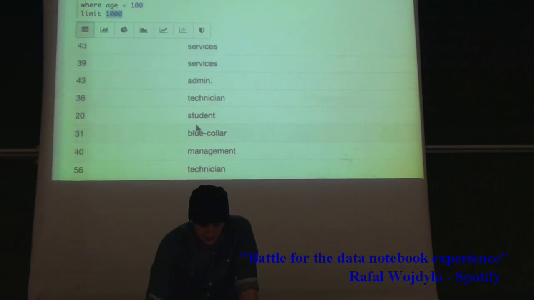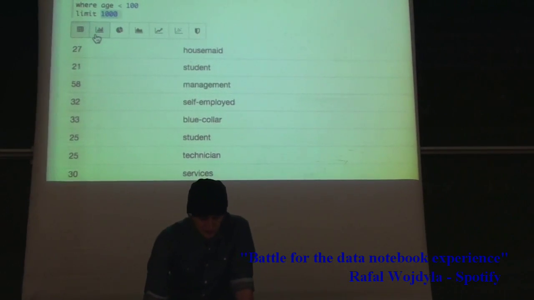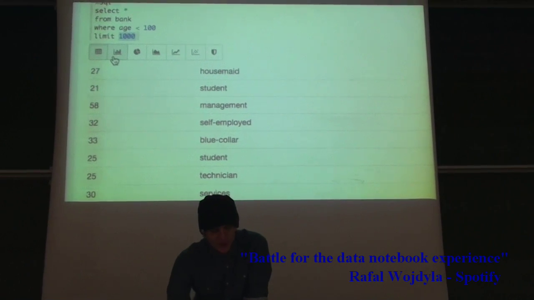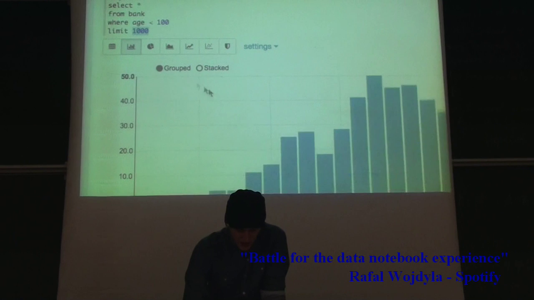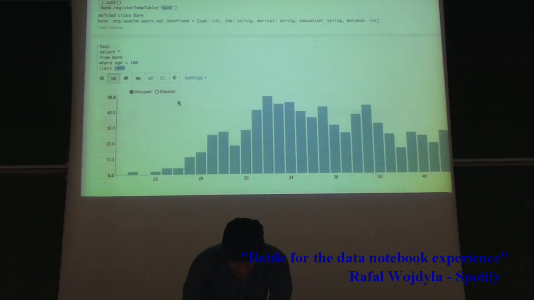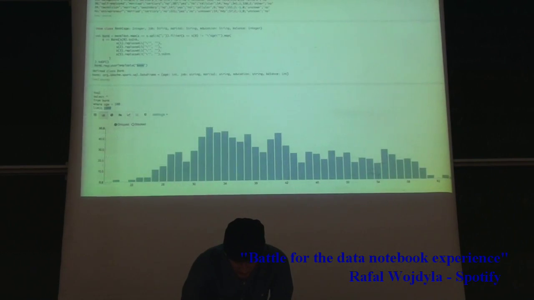But that doesn't really help me much because it's still a table and I cannot really read tables. Fortunately for me, Zeppelin comes with predefined charts. So I can, for example, use the bar chart. And I'm going to get this result over here, which gives me a chart with, in this case, number of years old, and also